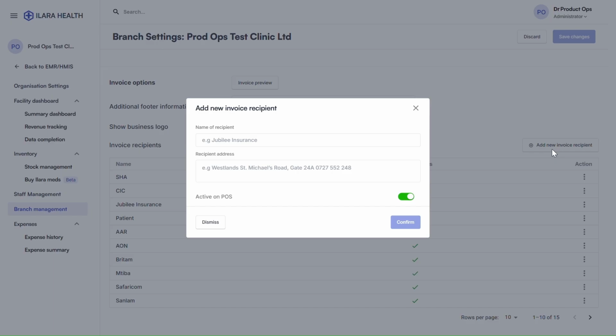So these will be the companies or individuals that we are going to generate invoices for. So it could be the insurance company. Here we add by indicating the name of the recipient,